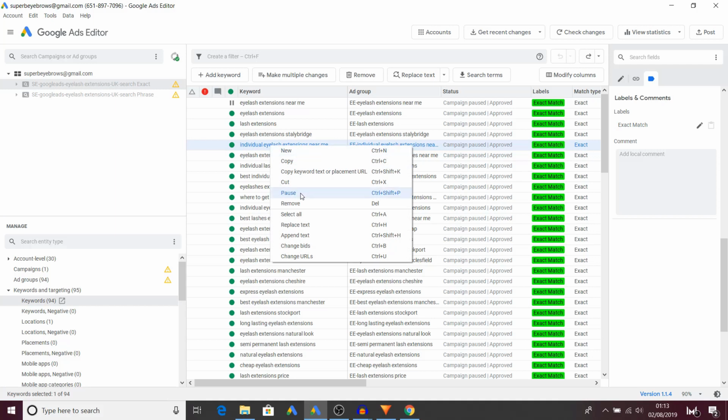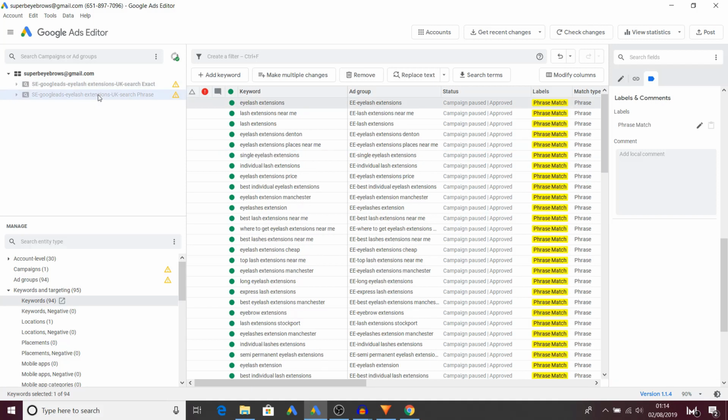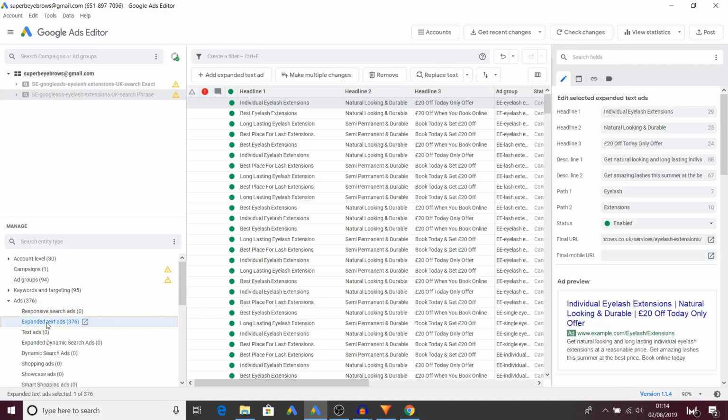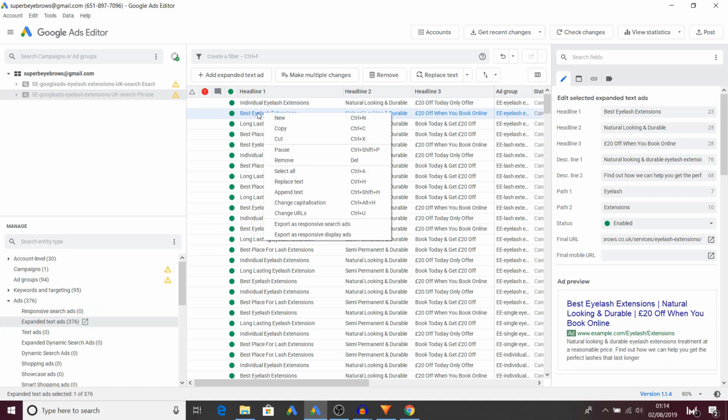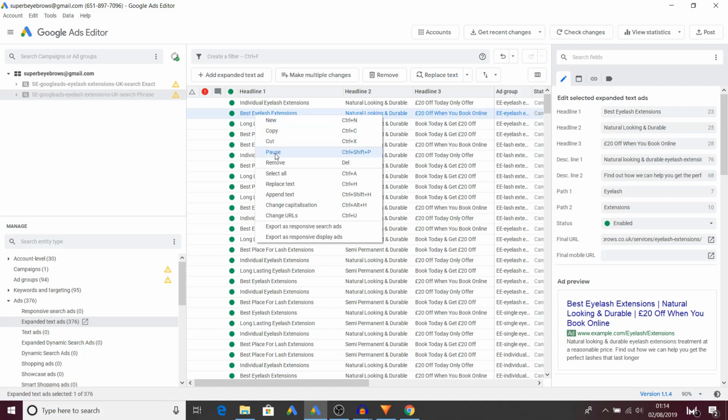I'll right click this keyword and pause it. Then, in a different campaign, I go to the ads level, to the expanded text ads, and maybe this specific ad is not working and I want to exclude it,